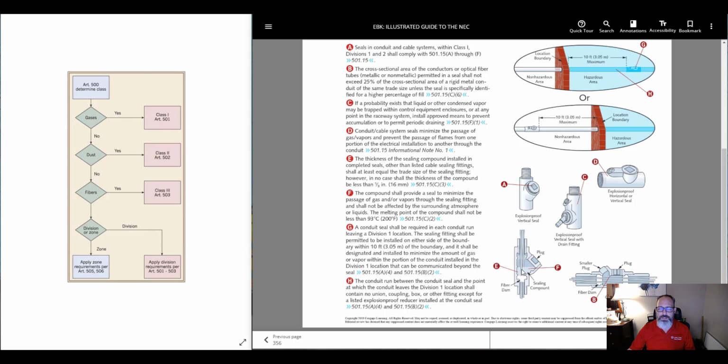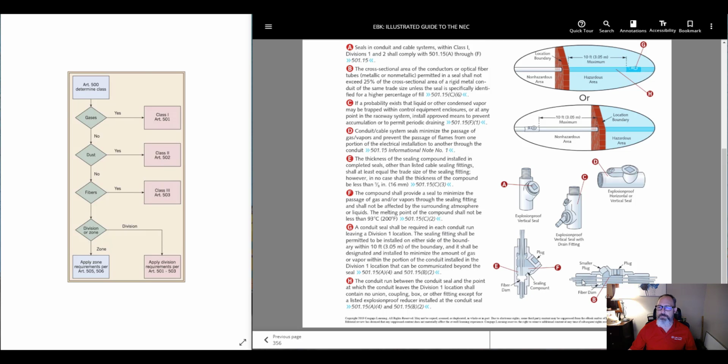And then once the sealant compound is dried in there, it seals off the vapors from coming up the conduit and into the building. And sometimes you'll get condensation buildup, and these EYSs will get water actually standing in here. And it's advisable in conditions like that to get one with a drain in it. There's horizontal. You've got to put fiber at both sides, and then you can fill it with the main